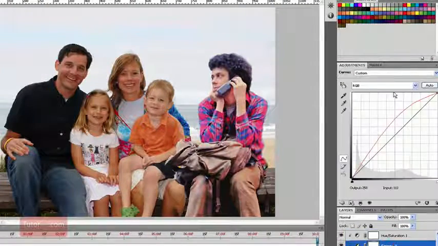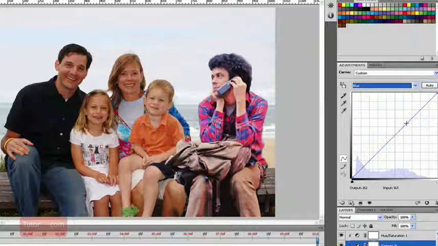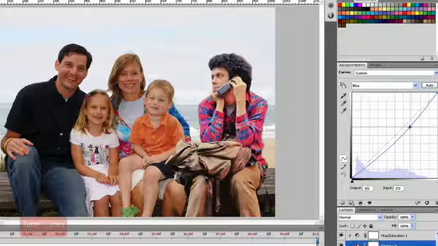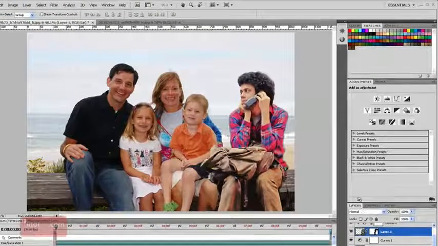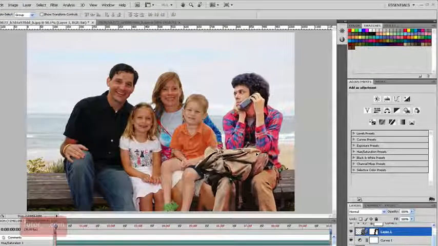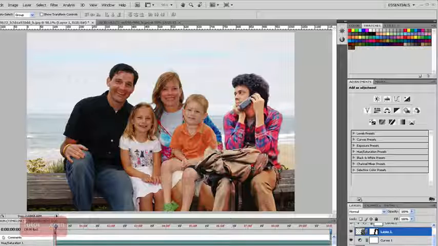And I'm also going to go into the curves again and bring down his blue. You just have to play with this a little bit to try to figure out the color values that are correct with the rest of the image. It looks about okay. If I click on this layer with my new guy, I can maybe snuggle him in a little bit to make him look like he's